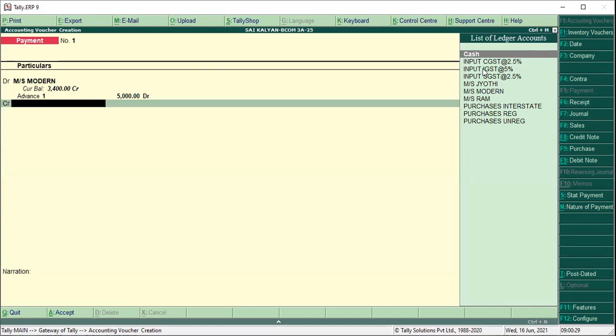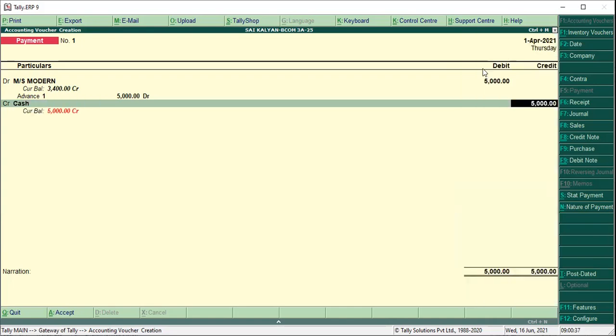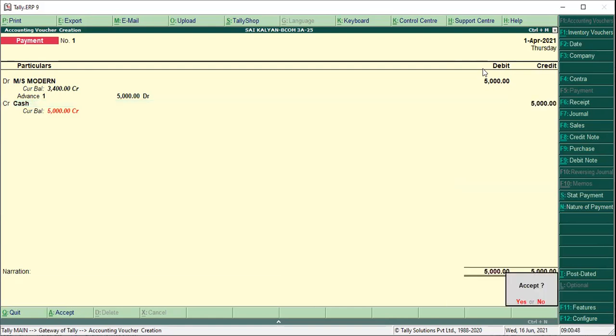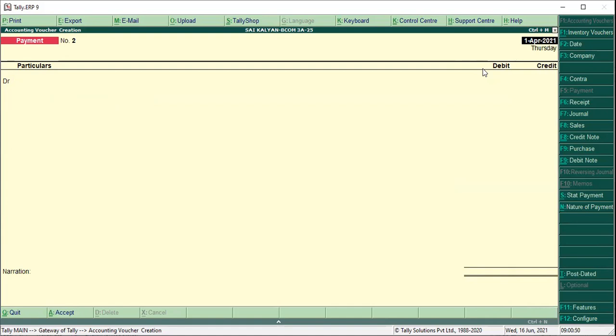Suppose we are paying through bank, you have to create a bank account ledger. We assume that it is paid by cash, so we'll select cash. Okay, it says negative cash, no problem, because he should have some cash balance in his account. Enter, save it. Yes.